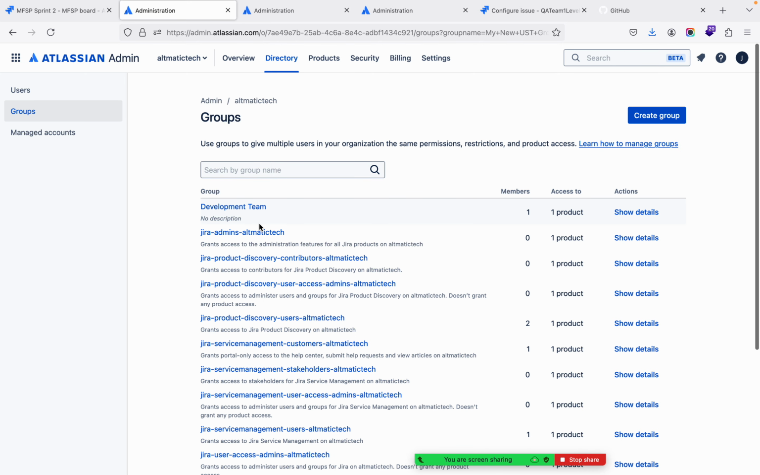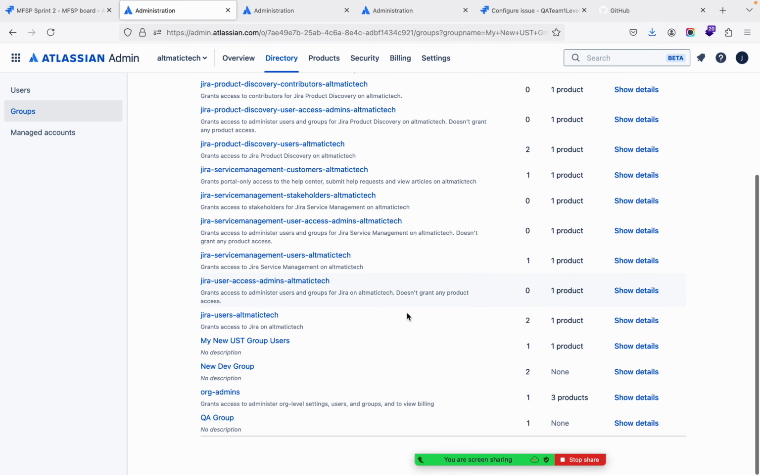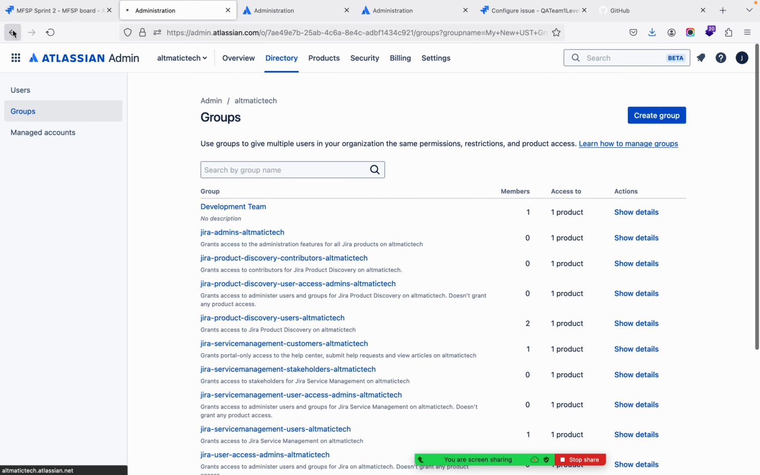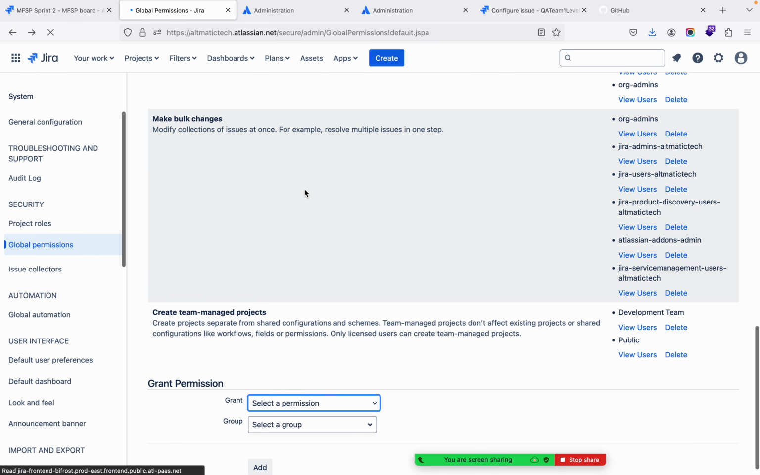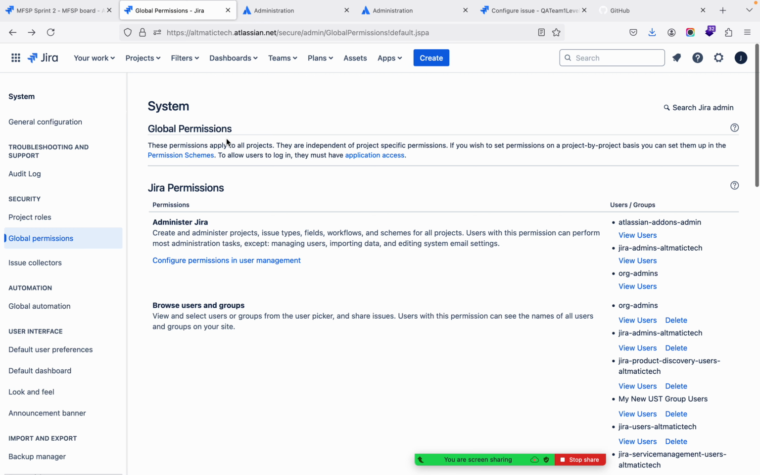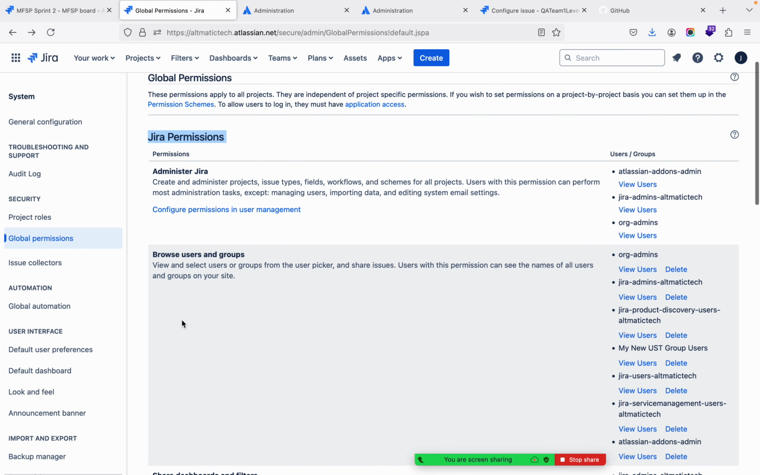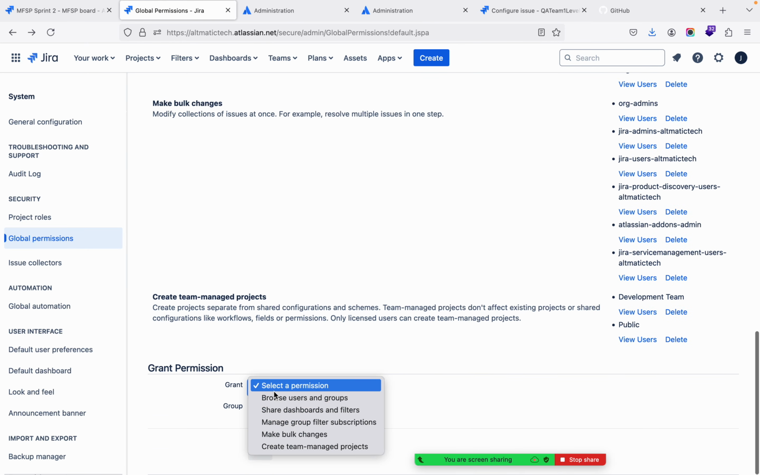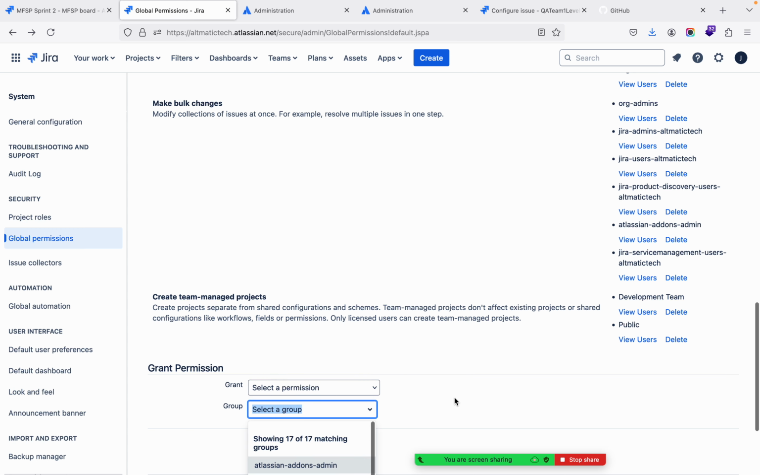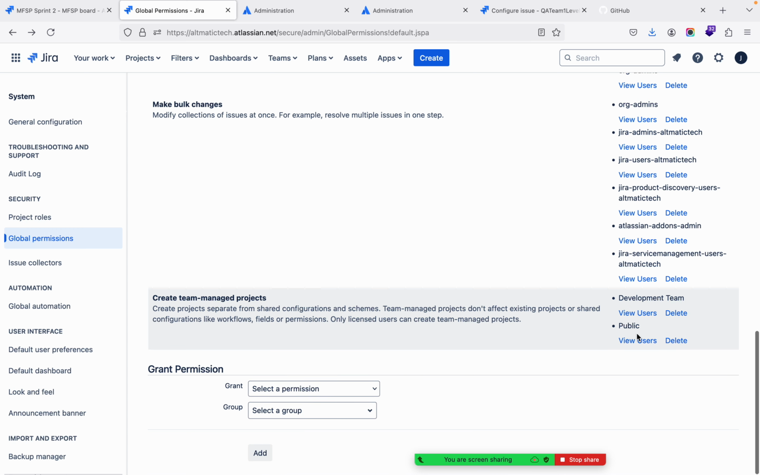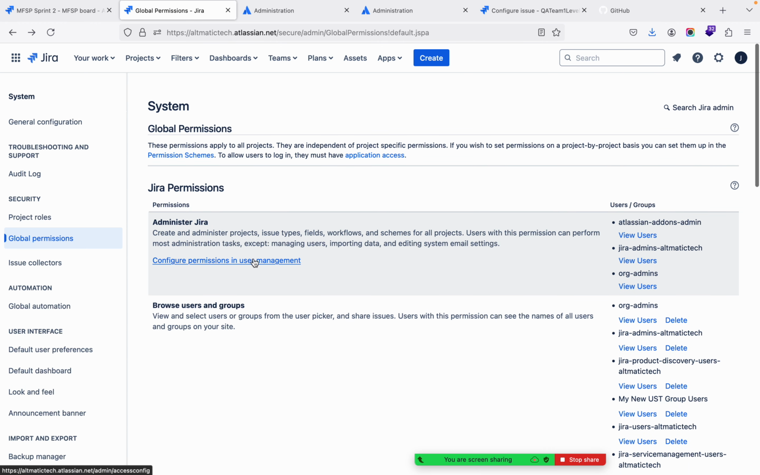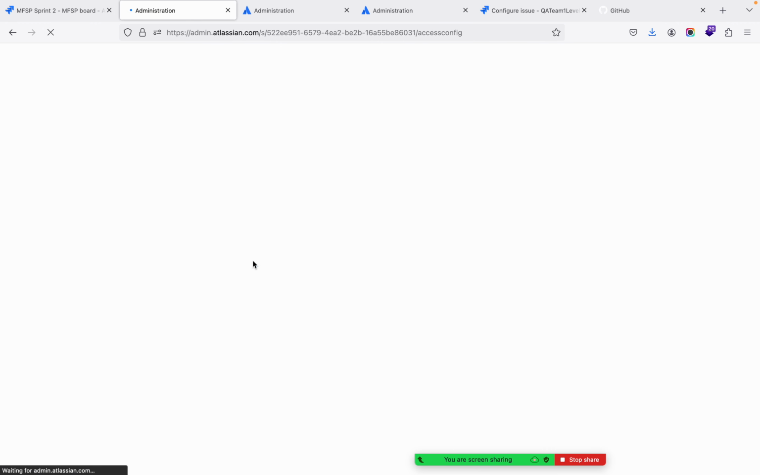And in this group, one user is only there, right? So basically, what is happening here is these are the JIRA permissions. These are different types of permissions, right? And on the basis of these permissions, we can link them to a particular group. You see, all these are groups, and they have users and some permissions. And if you see configure permissions in user management,